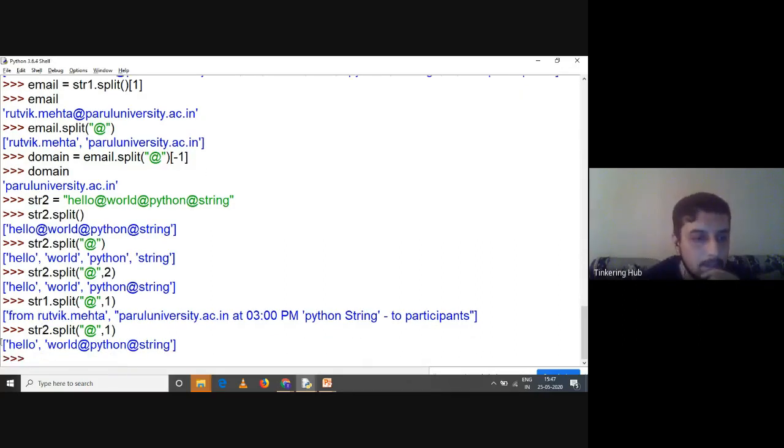The answer is simple: hello, and then world at the rate python at the rate string will be considered as one whole combined element. There won't be any splitting after one occurrence, right? To understand this, this is how split will work.